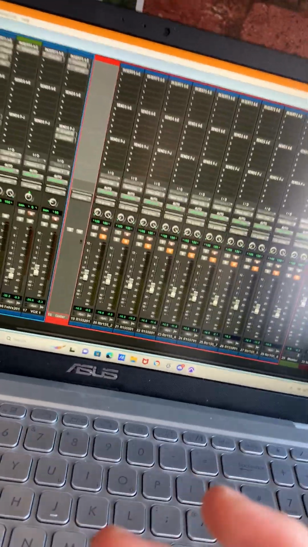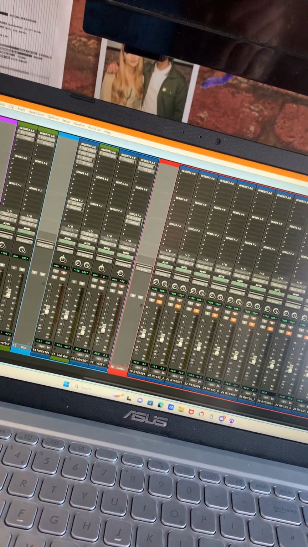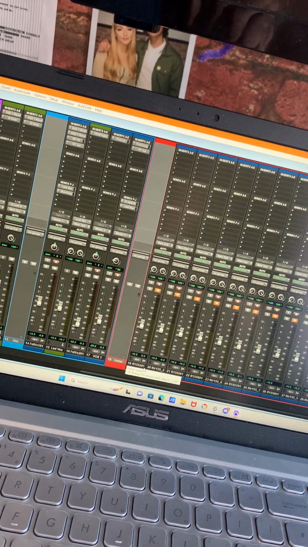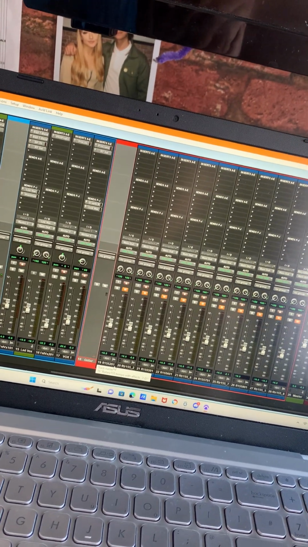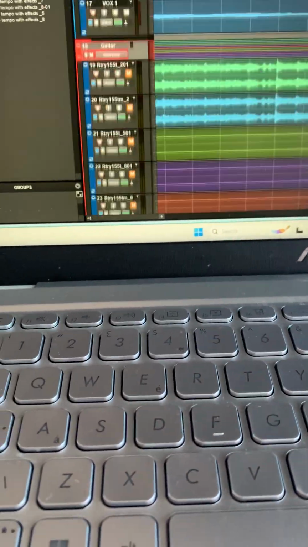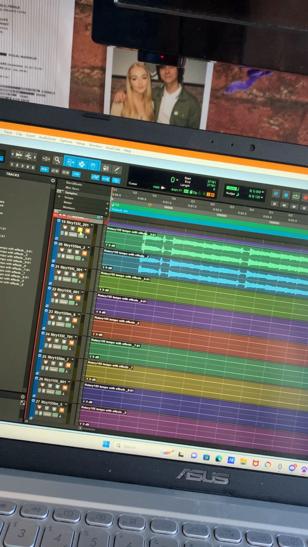So as I've mentioned previously, this track came from a previous song that I'd already worked on, and it came in loads of different parts that I had in a previous project. But because it was in a different software, when I exported all the audio, it put it all in a random order. So for example, I've still got these guitars here. As you can see, these are the rotary tempo with effects. So if we listen here,